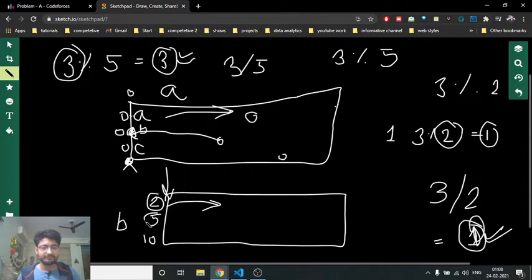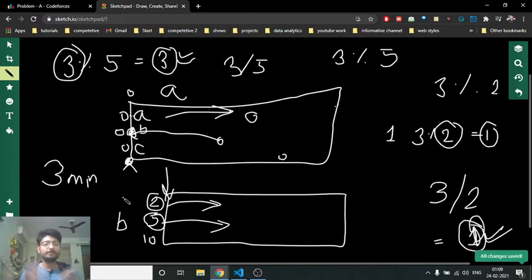So in the same thing, if this is 5, it means that the person will do a complete route in 5 minutes, and the person comes to this point after 3 minutes. Then how much time has this B person done in his route? 3 minutes, because 3 minutes he has done. And how much time is required to complete the route? 5 minutes. So 5 minus this remainder, which is P mod B, will give you how much time this person will take to come back. Obviously, because this is the time to complete the route, and this remainder will give you how much time that person has taken in that given route. And what is the time left? This is the time left.